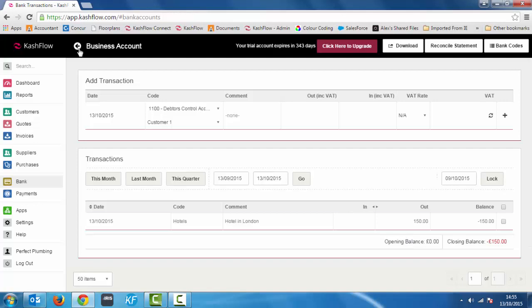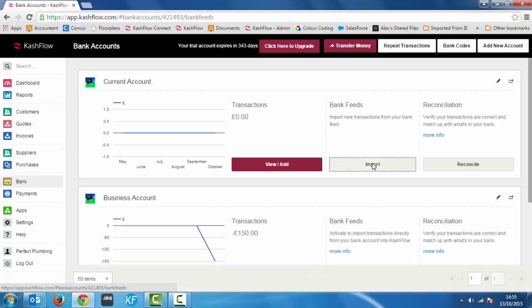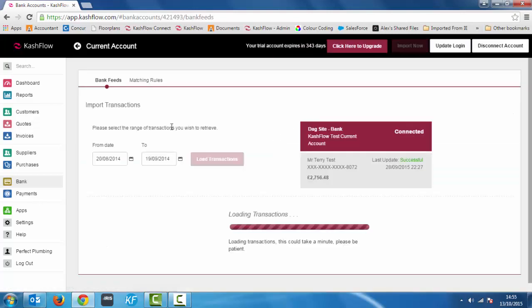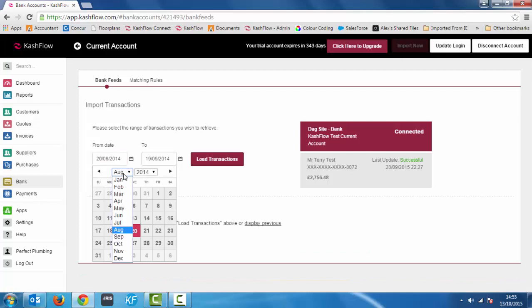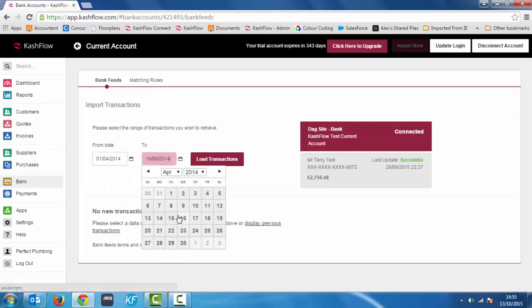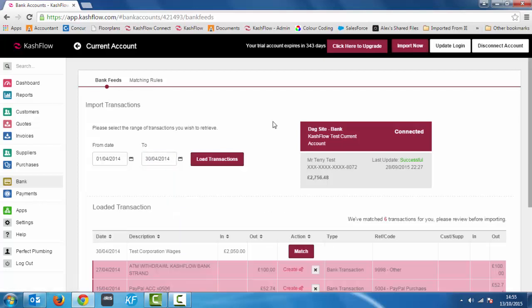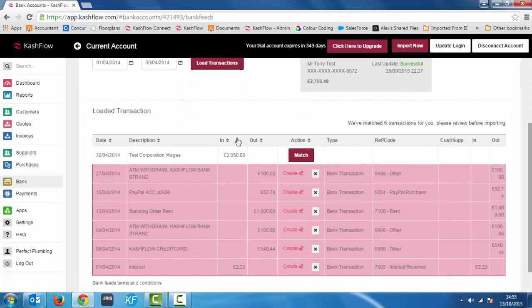An alternative way to manage your bank within KashFlow is to link it to your online bank. Once you've linked it to your online bank, you'll have an import button next to the bank account. If I click on the import button and choose a date range of transactions I want to import, I'm just going to go from the start of April to the end of April, load transactions through, and this is going to go straight through to my bank account and bring through the bank statement on the left hand side. We can see that it's already matched a number of transactions on the right hand side,